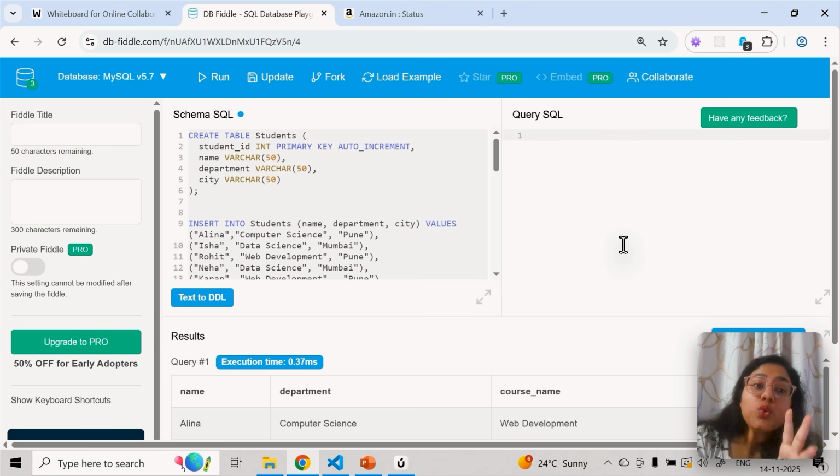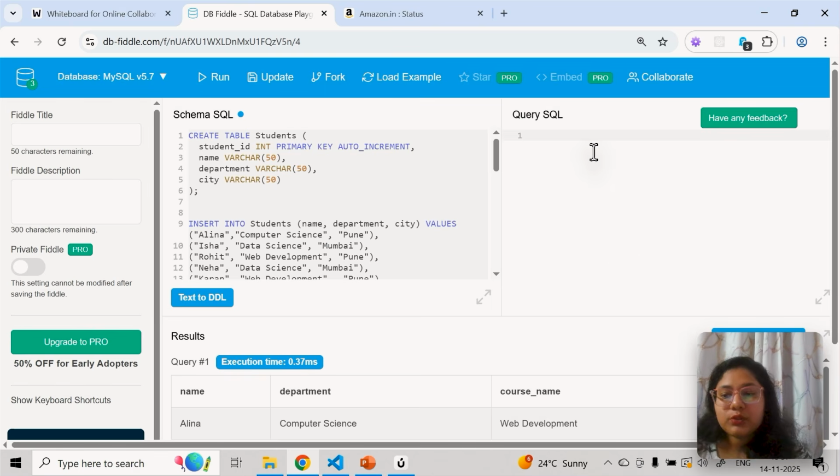Now I want to get the students' names. I want the names of students who have scored above the overall average mark. So now we want to get the student names. Okay, so what I'll do, it's a subquery. Firstly what we need to do is find the students and their average. Okay, this is what we want to do.